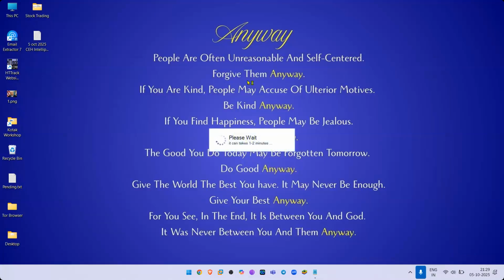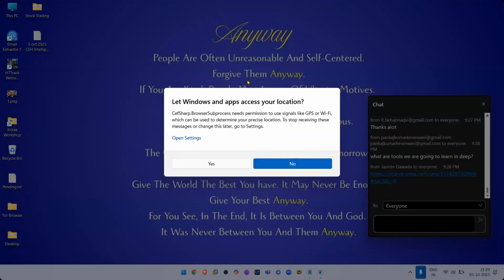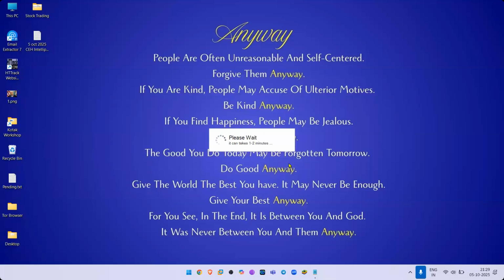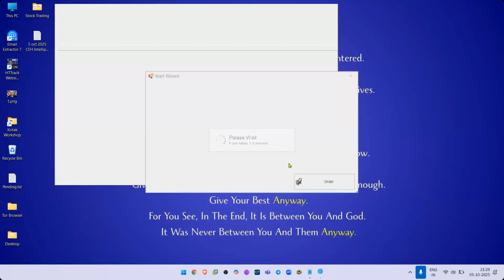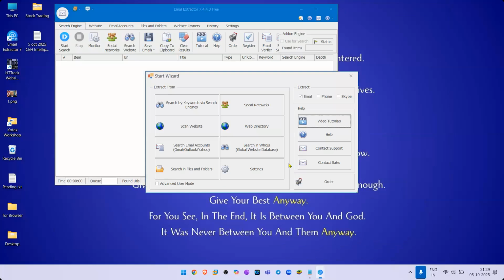It takes a couple of minutes for Email Extractor Pro to come on your screen. And there we are, guys. We will jump into this after the break. Give me a one in the chat box if you have downloaded and installed Email Extractor Pro.